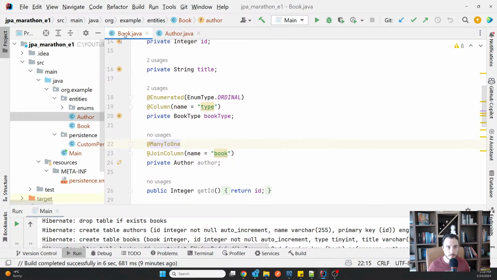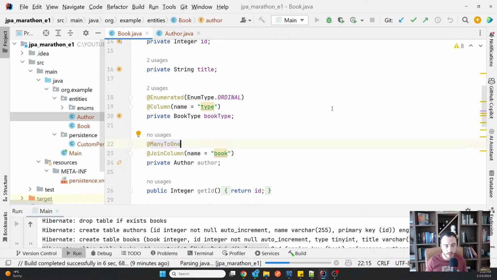Okay. And now we can run it again, and we can see that the result is the same, but what we ended up with is having the relationship on both sides, same as with the one-to-one that we have demonstrated previously.